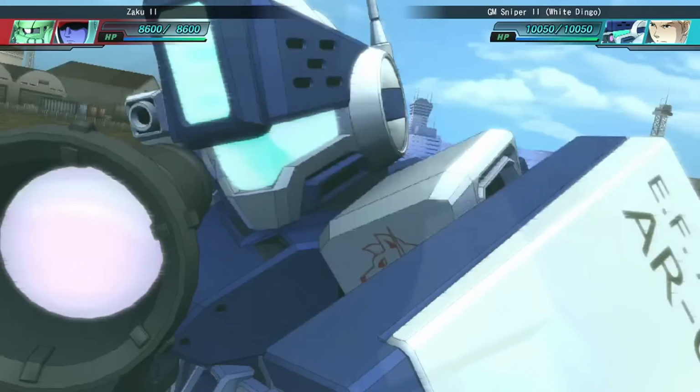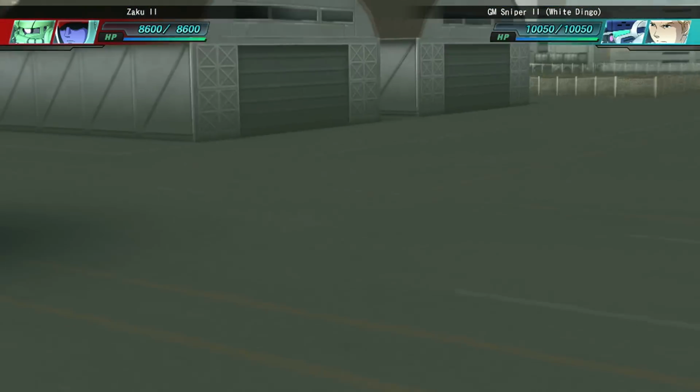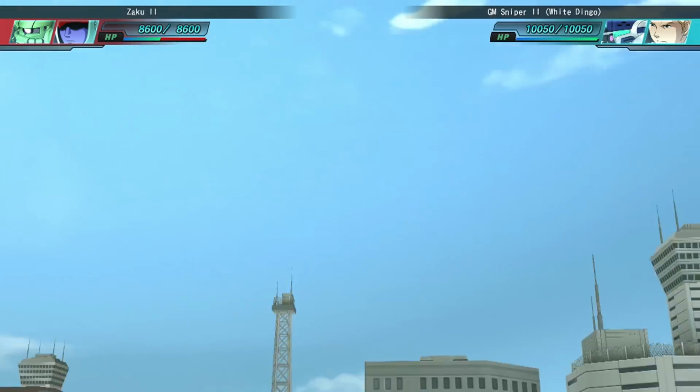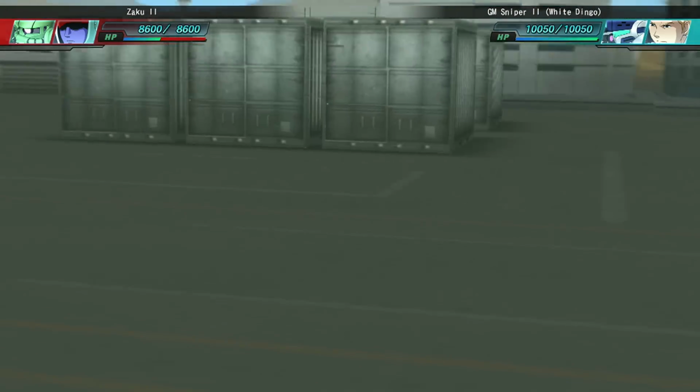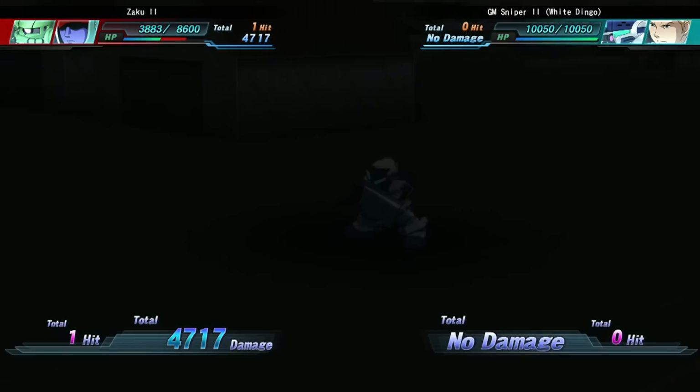But, let's see. That's a good shot. An accurate one, too. Zaku does have a bazooka. It can retaliate. And... missed. Good. Alright. Now...